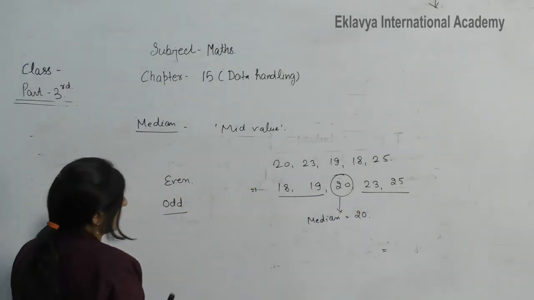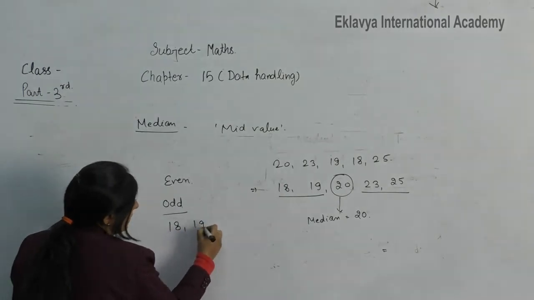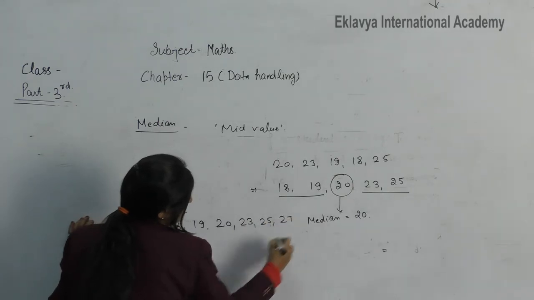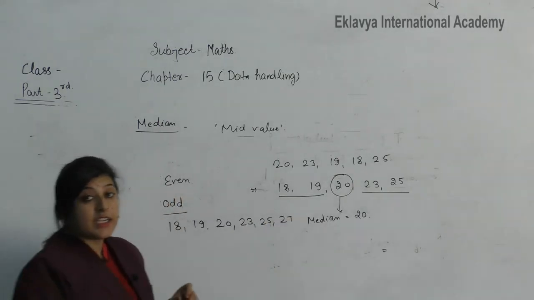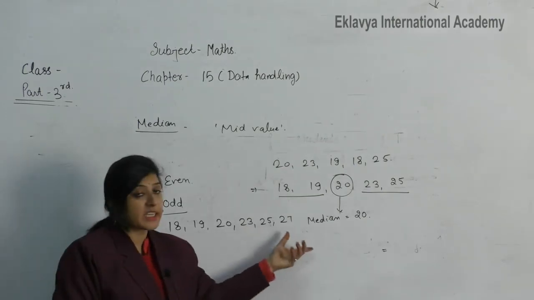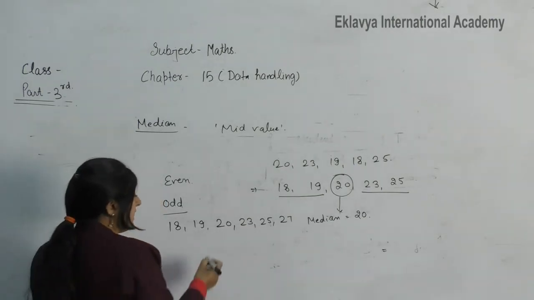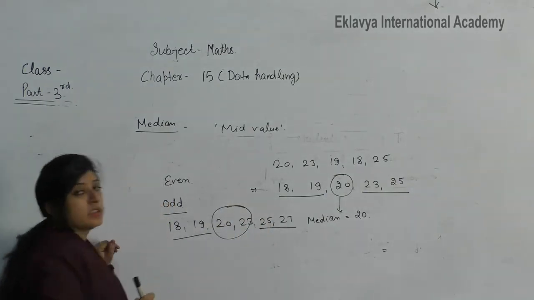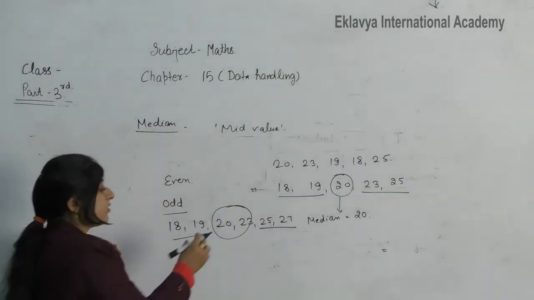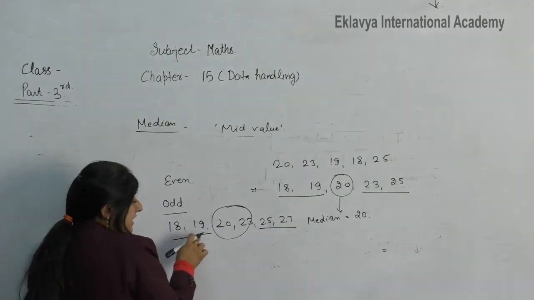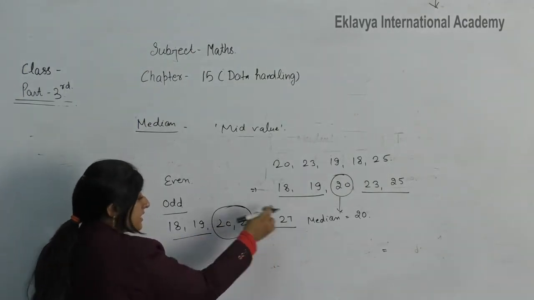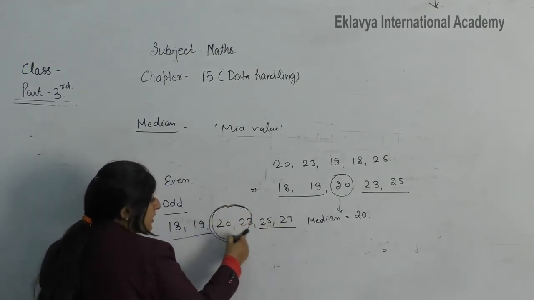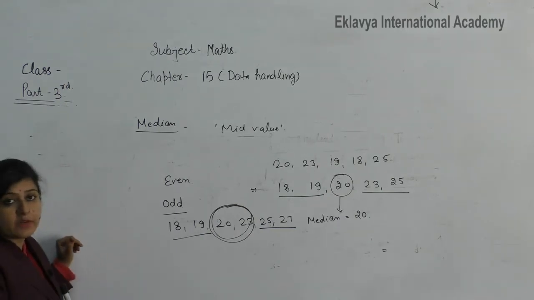But if in the case the total numbers we arrange are an even number of data, then see, if I leave these two, then in the middle I have these two numbers. I can't take only 20. If I take only 20, then here there are 2, but here there become 3 numbers. If I take only 23, then here 3 and here 2. It means I have to take both numbers, 20 and 23.